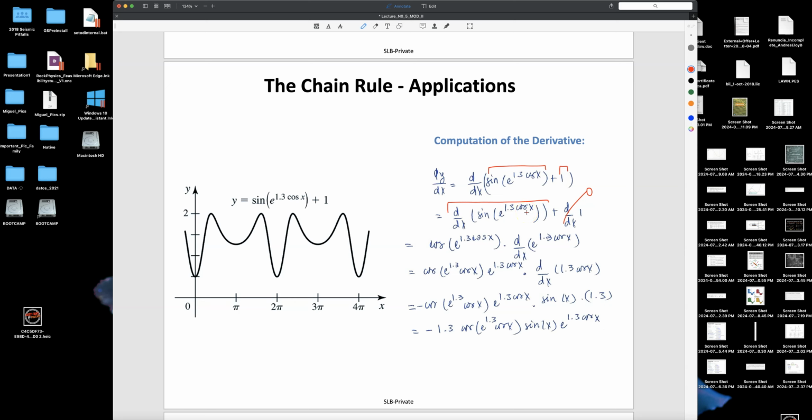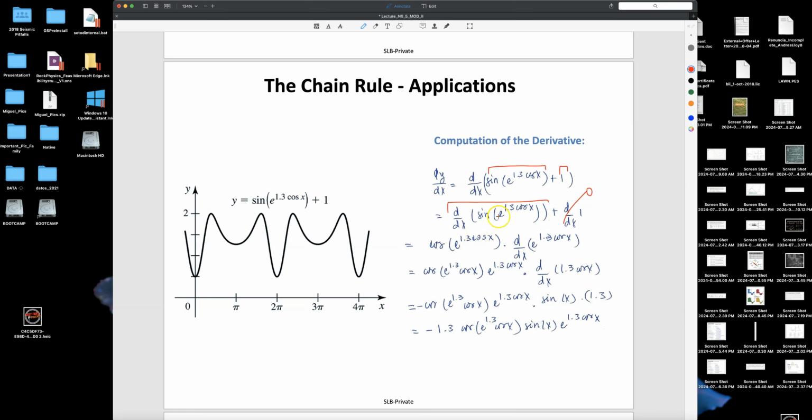We have three functions, okay, the composite of three functions. So, how do we apply the chain rule? Well, this is the derivative of the external function evaluated in whatever we have in the argument. So the derivative of the sine is the cosine function,